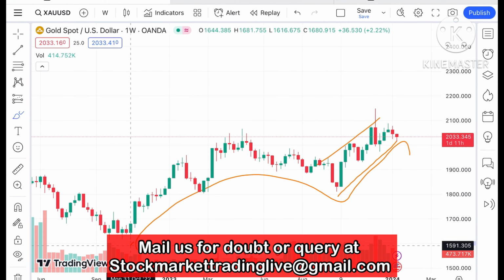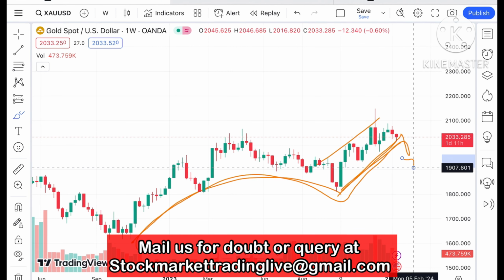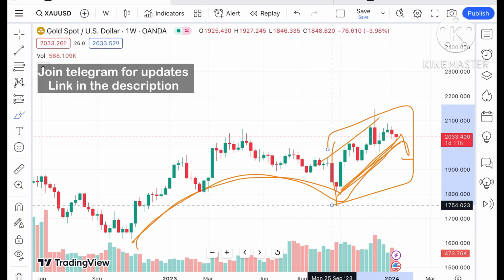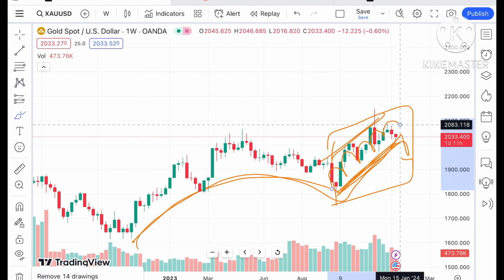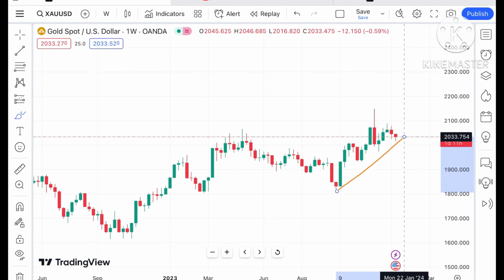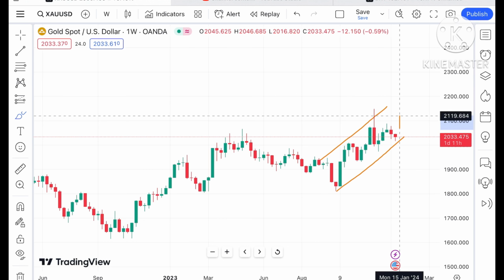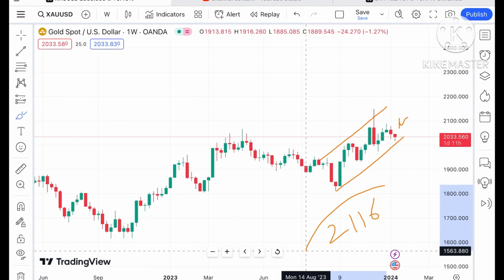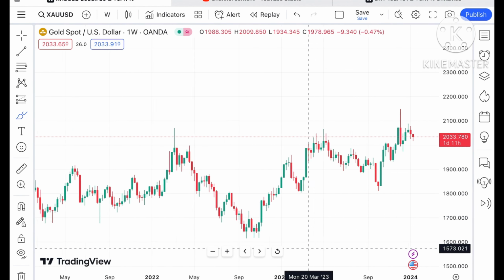If you look at this particular trend, two things are happening. An opposite U pattern is forming. After that, there is an upside, and now it is trying to go down. From this particular zone, we have seen a continuous upside, but it is moving in a zone. So chances will be very high that as soon as it moves out of this range, we can see further upside movement, and once it starts going above a level of $2,116, a further upside movement we can see.